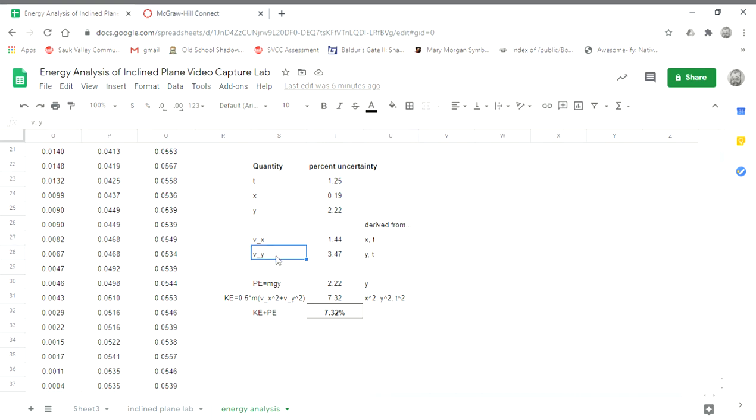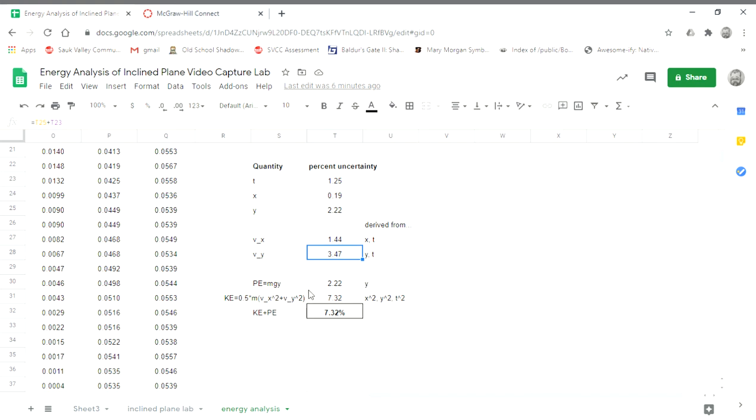But my Vy, because that derives from y, and the y values had a much larger uncertainty, I can only measure that to within about 3%. So this gives me my uncertainties in Vx and Vy. However, we go one step farther,